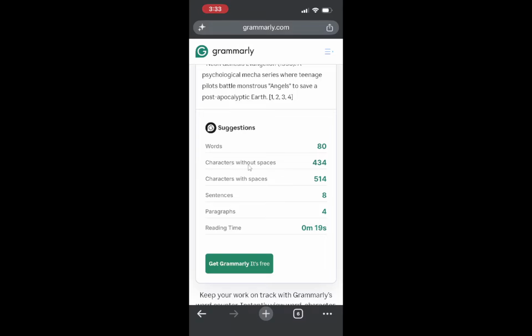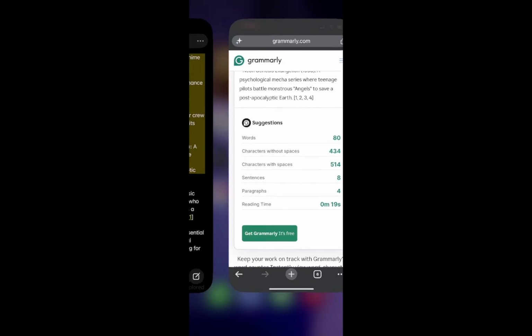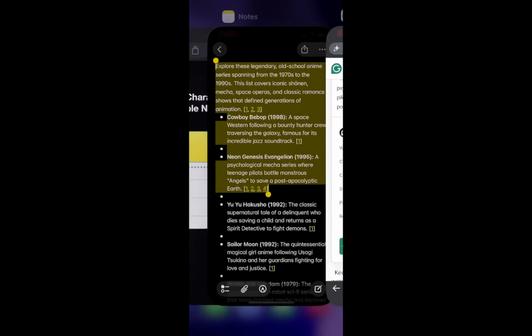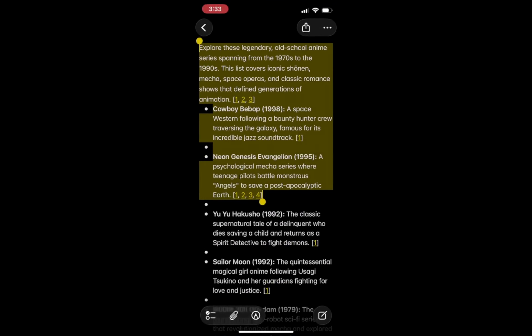In conclusion, while Apple Notes does not provide a built-in character count feature, these steps allow you to efficiently obtain the information you need. By copying your text and using a word processor or an online counter, you can easily see the character count. Thank you for following along with this guide, and I hope you find it helpful for your future notes.